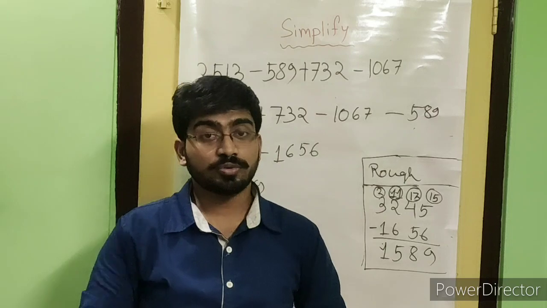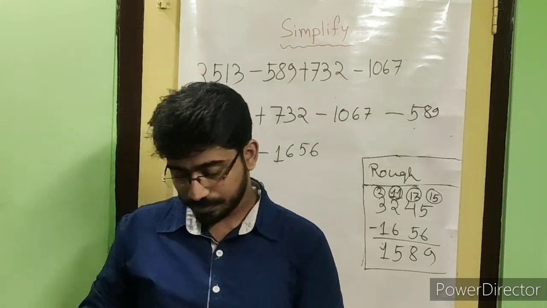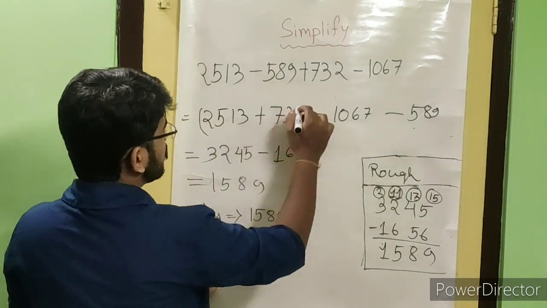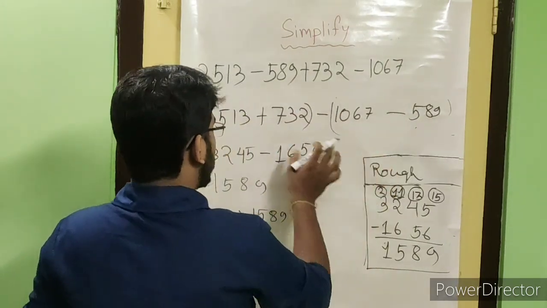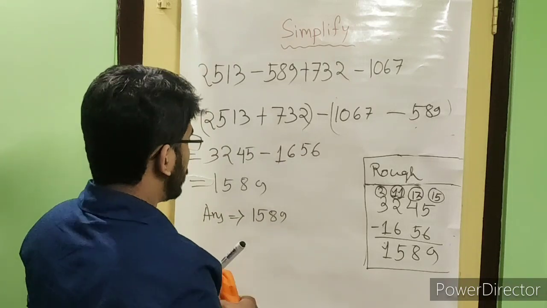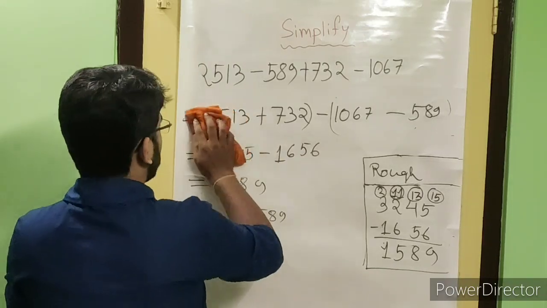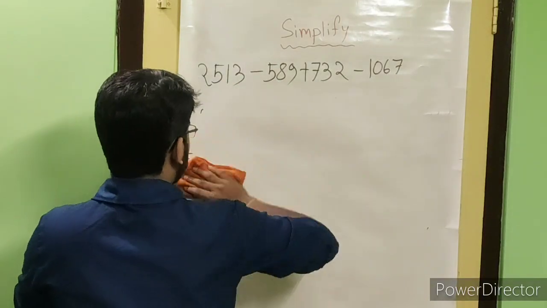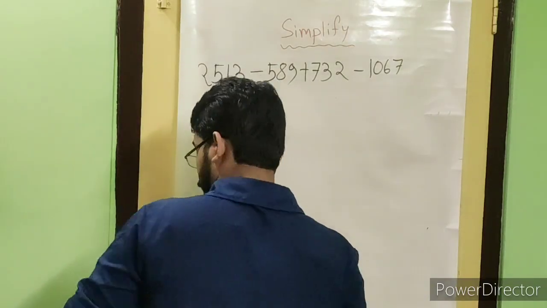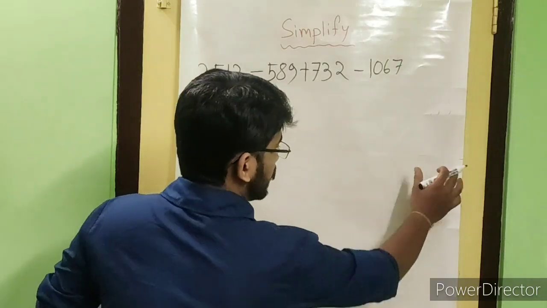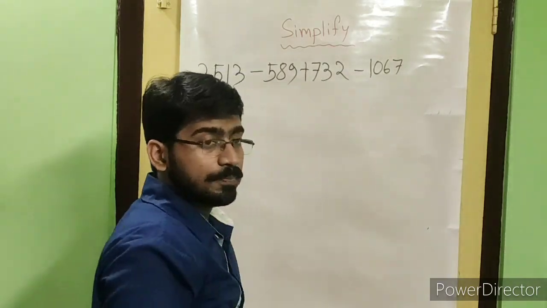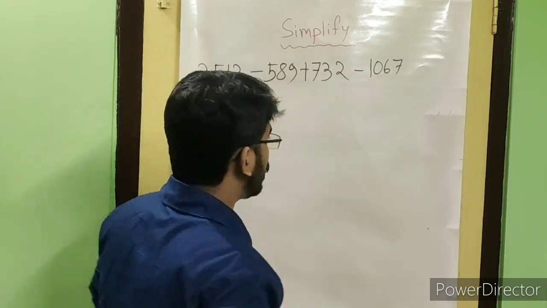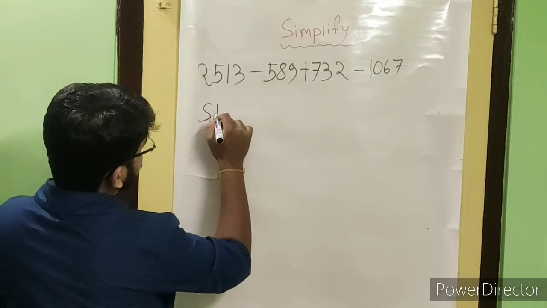Now I need to show you the type 2 portion. The same thing will be continued. This portion and this portion will be added, and we will do the same thing but in another way. I think the process which I am showing you now will help you. We need not put a rough portion and do the calculation again and again. So we can go with this step 1.